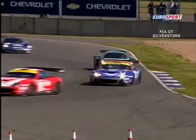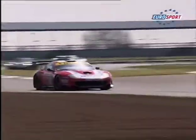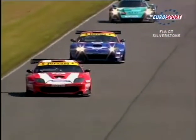Of course, the BMS Scuderia Italia team that ran Ferrari 550s, three of them last year and the year before, won the Drivers' Championship title and the team's title, and the manufacturer's top car was Ferrari as well. So the prototype built car, Banbury, about